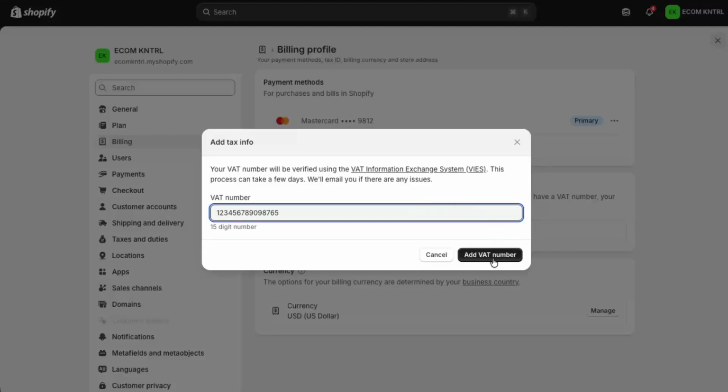When you're confident the number is correct, click on the button labeled Add VAT Number. Shopify will save this information to your billing profile. From this point on, your VAT number will appear on your Shopify invoices, helping you stay compliant and making your bookkeeping and tax reporting